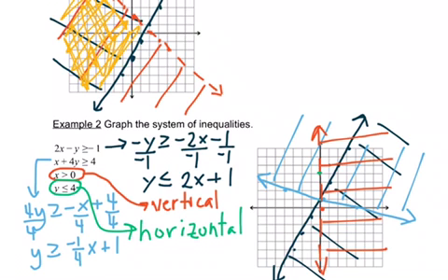So this last line will be a horizontal line going through 4 on the y-axis. It's less than or equal to, so this is going to be a solid line. And it is less than, so I'm shading below. Now, this is getting kind of messy, but I want to see where all 4 of those colors overlap. And it's going to be right here, in between the green and blue,